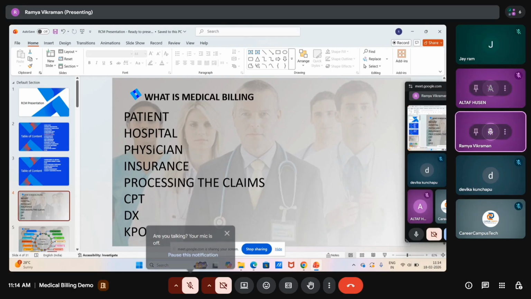So the procedure code, whatever the treatment done, that will not be explained to the insurance. So those explanations have been converted into 5-digit codes. Since we are only in the demographic, I'll be covering the overview. In depth, we will be seeing in the upcoming classes. So CPT will be described into codes. Codes in the sense it will be 5-digit codes.